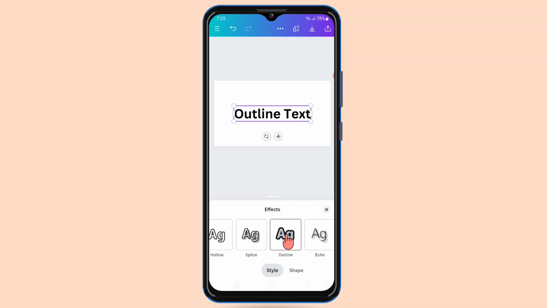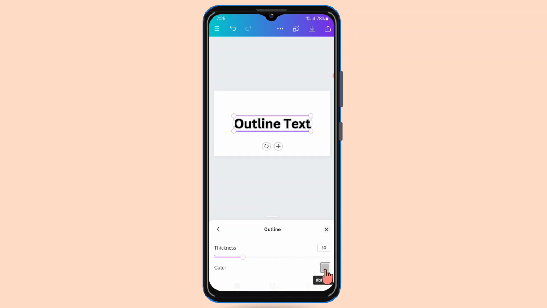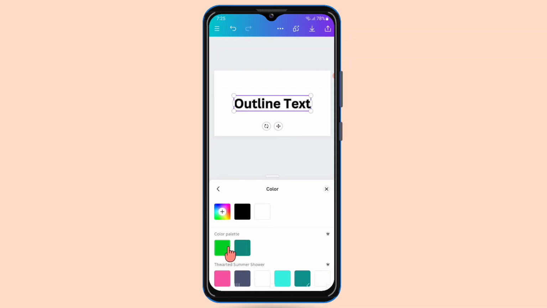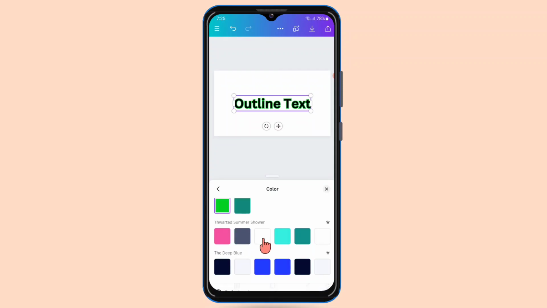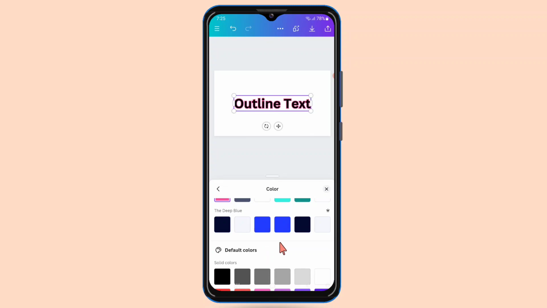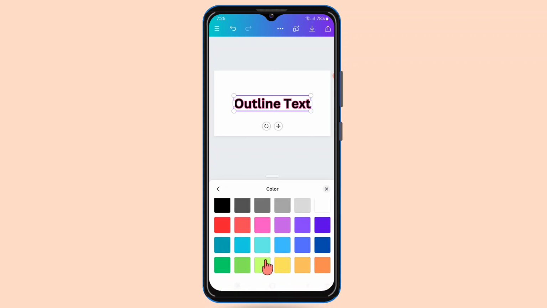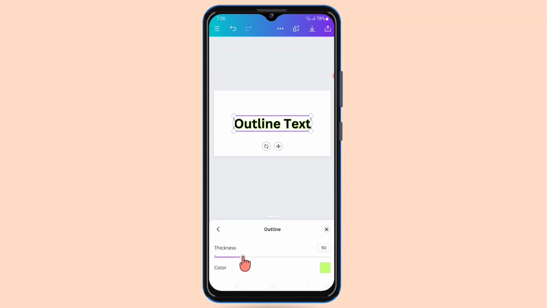Here is outline option, so click on it, and click on these three lines, and from here you can adjust the color of outline. For example, I will click on it, and here I will give different color outline. For example, I can select this color, I can select this color, and any color that you want you can select here. So for example, I have selected this color, and after that I want to adjust the thickness of